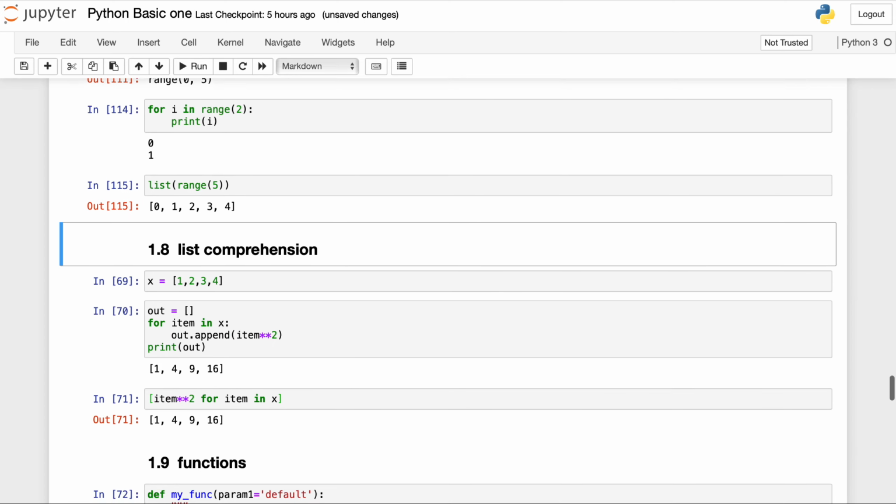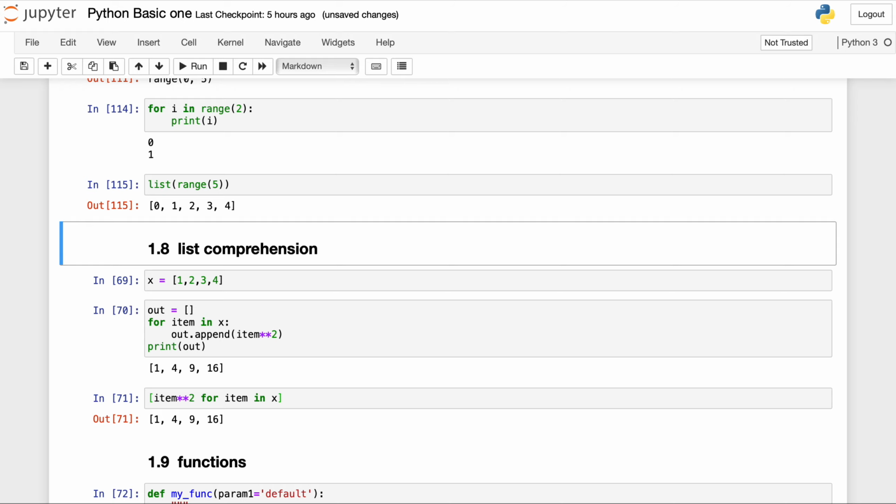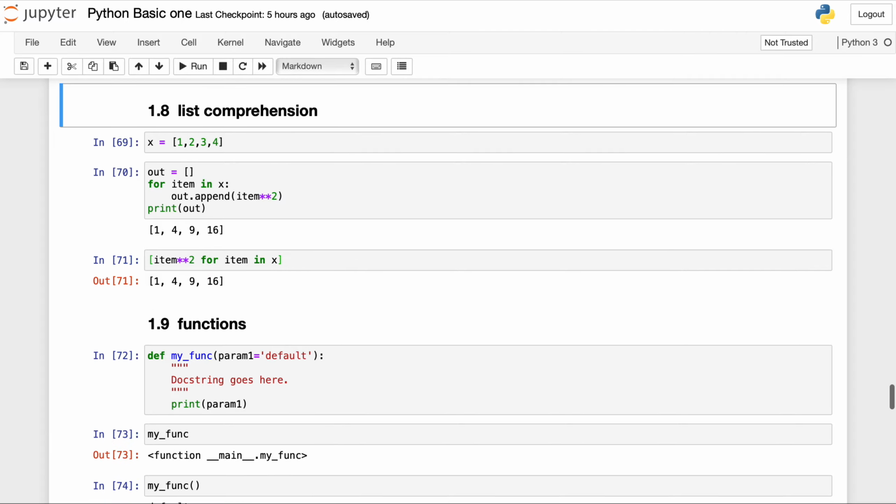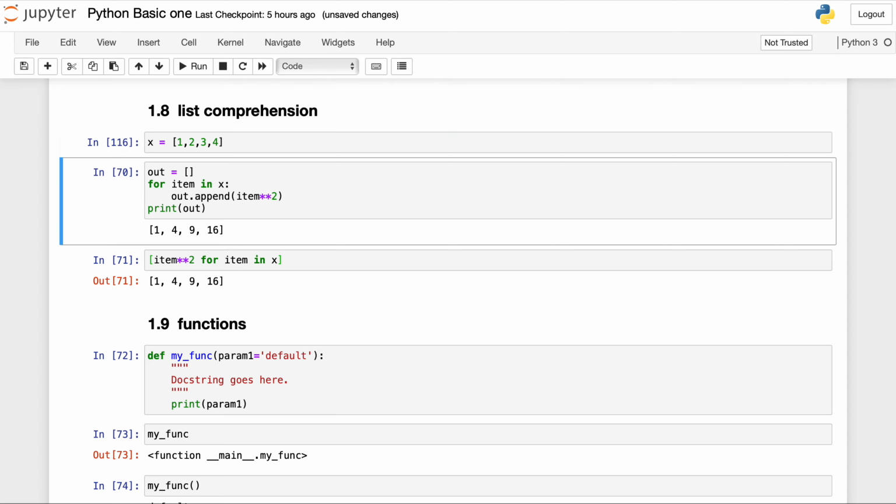Now you can do pretty much anything with the range. You can put it inside a list, and you can declare a list also. Now list comprehension. List comprehension is when you want to perform a certain function on a list. Suppose I have declared one list, 1 2 3 4. Now I have declared one empty list, out. Now I'm iterating over it, and I want to append 2 times its element.